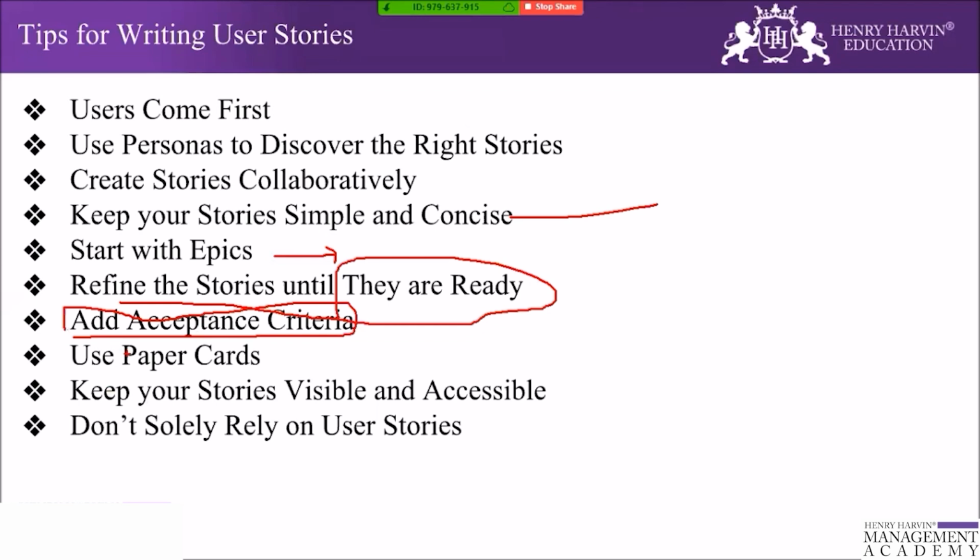Use paper cards. The next tip says to have a physical card with you, because we have seen the template here. You can print this template and have a physical user story card, because this approach provides three benefits. One, paper cards are cheap and easy to use. Second, they facilitate collaboration. Anyone can take a card and jot down an idea. And third, they can be easily grouped on a table or the wall, or checked for consistency or completeness,